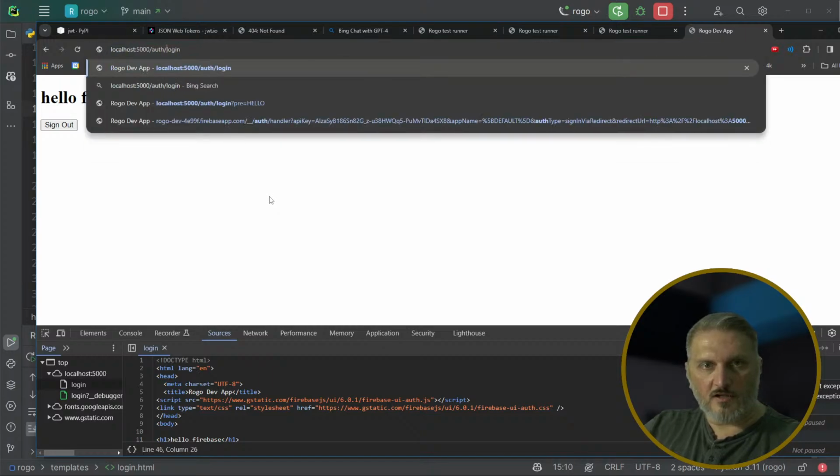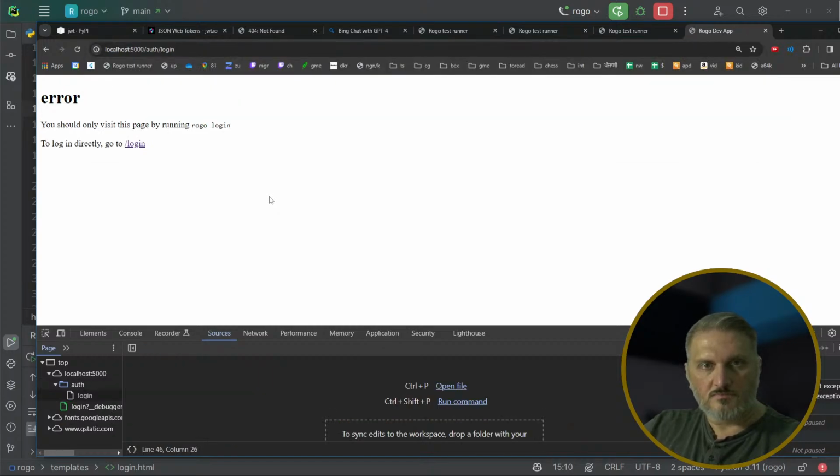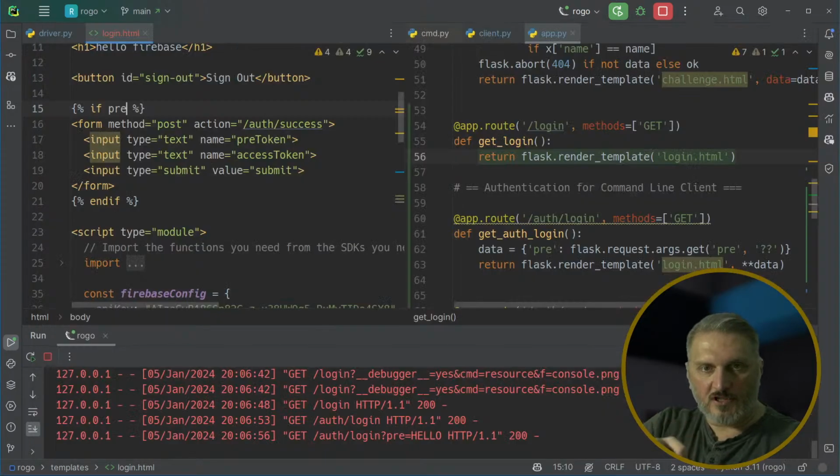Then if we say auth login, and then if we say auth login pre equals hello, that should say pre. Value equals